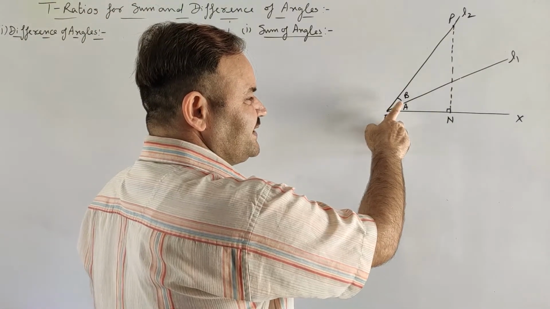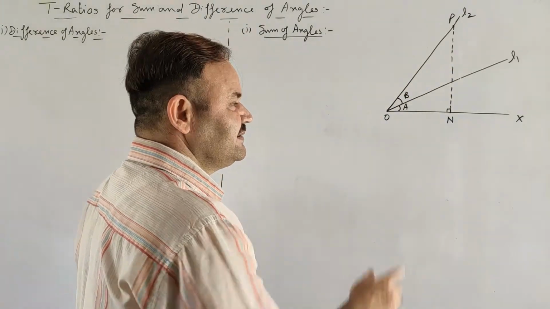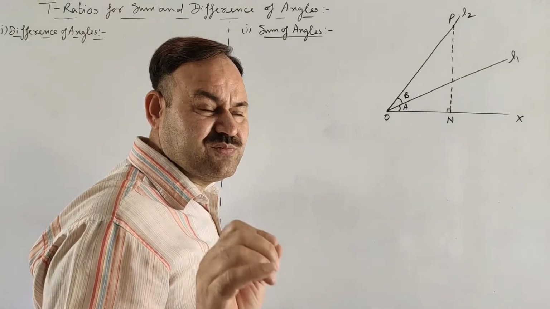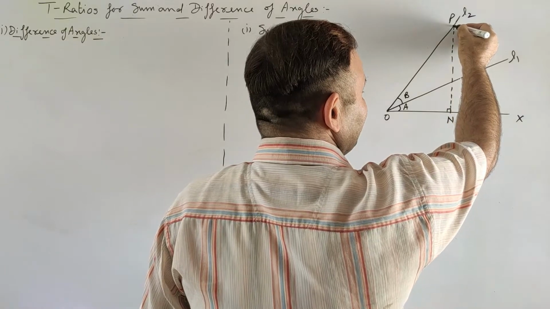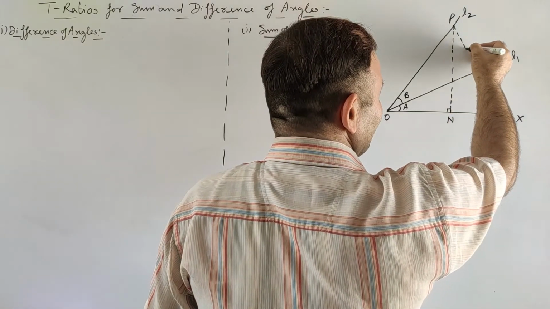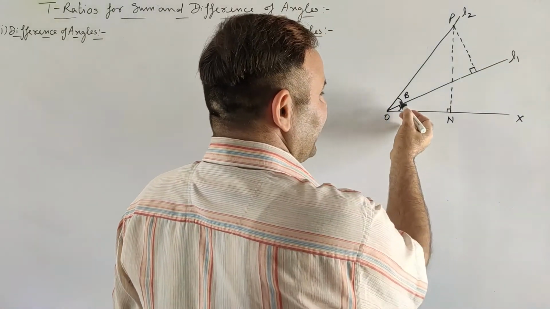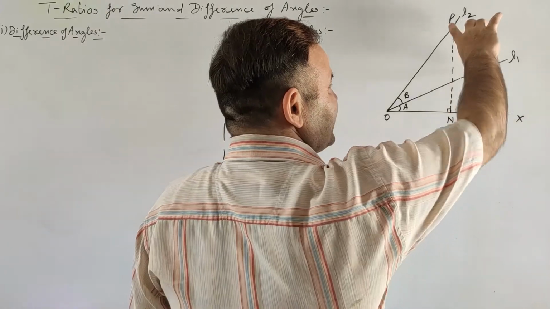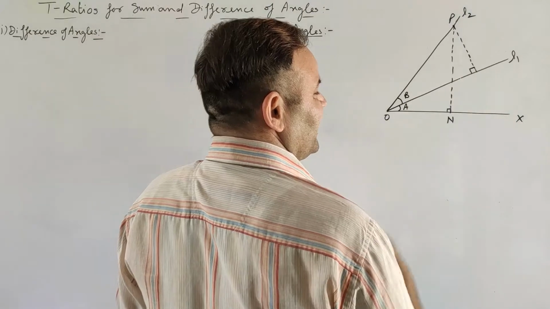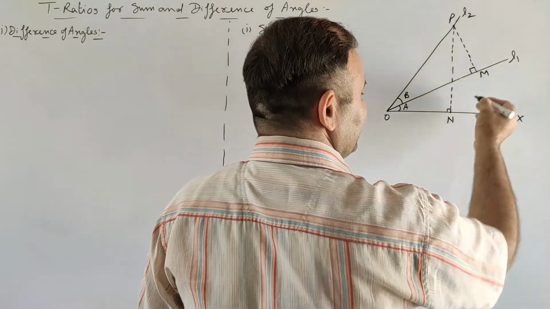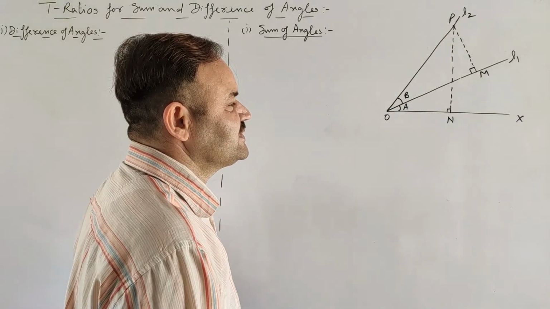Now for determining T ratios for angle B, we will be requiring a right angle triangle with angle B as one of its acute angles. So for that we will draw a normal from P on line L1, and now for angle B, this normal will serve as perpendicular, and if foot of the normal is M, then OM will be base for angle B and OP hypotenuse.